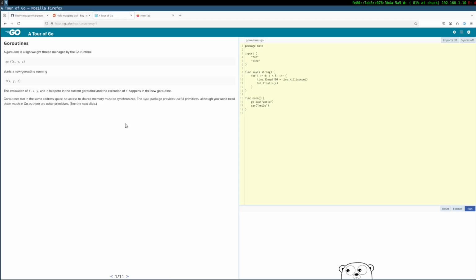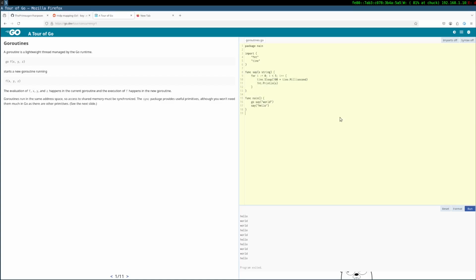It's a lightweight thread manager with goroutines. Start a new goroutine by running... you know what? Run. What is it doing? Go say hello. Say hello is a function that takes a string, and i equals 0, i less than 5, i plus plus. Time dot sleep 100 times time dot milliseconds, and it will sleep and print the string.